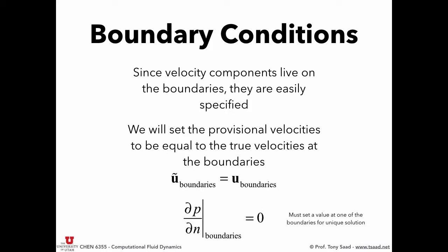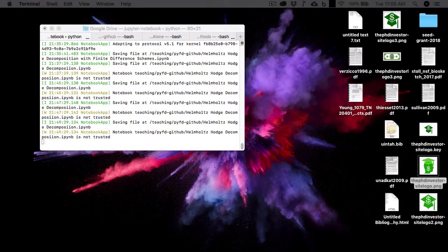You must set a value. Yeah, you should know this from your PDEs. With Neumann boundary conditions and a Poisson equation, you need to at least fix one value. Otherwise, you're not going to get a unique solution. But for iterative solvers, this is not an issue. Anyway, let's not worry about this now. I'm going to go back to the